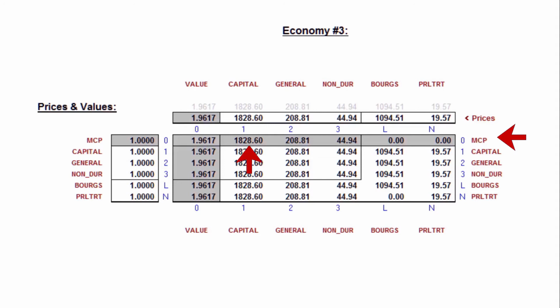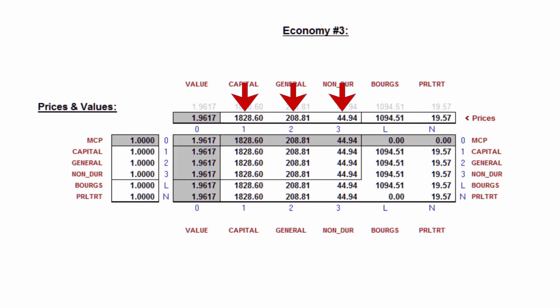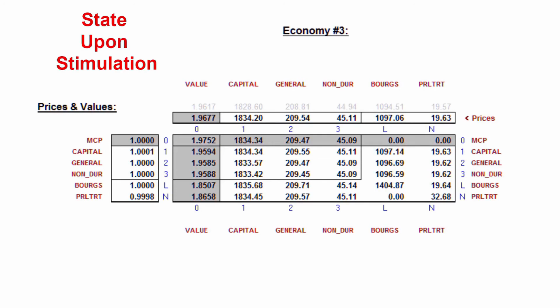And each commodity's marginal value is equal to its marginal cost of production, which also equals the commodity's current transaction price. Upon unifying the boundary conditions for all three economies, we find that these optimal relations have been completely upset. There is little consistency in the values up and down columns of economy 3's values matrix.